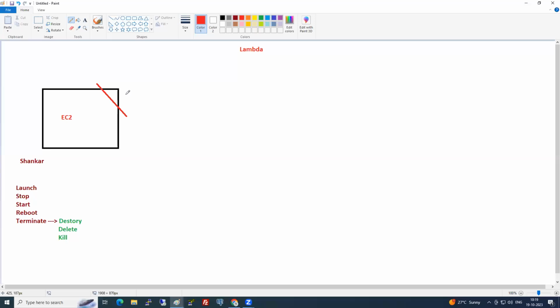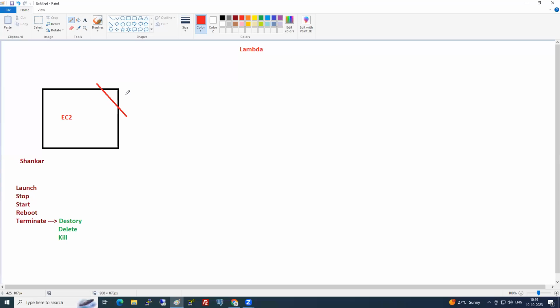Understood? So now you tell me another question. Is it possible to run the function without the application? Developers can answer. Can you individually run the function without the whole application? No. Okay. Can you run the function without a server? Application should be on the server. Function should be inside the application.